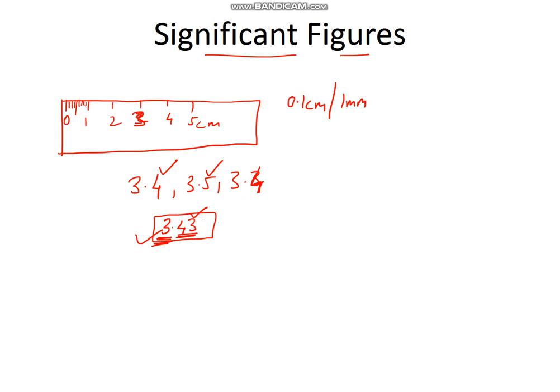So there are two numbers over here which we are not certain about. So what significant figures means is the number of digits you are sure with. So how many we are sure over here is 1, plus add one number which you are not sure about. So over here we have two numbers जिसके बारे में हम sure नहीं हैं. So out of this we'll take one. So total number of significant figures over here is 2. Okay, I'll repeat this. I am very sure कि वो 3 centimeter से थोड़ा सा ज़्यादा है.